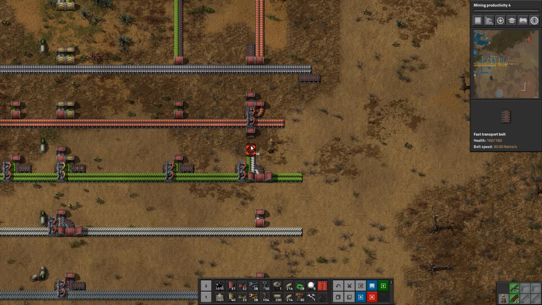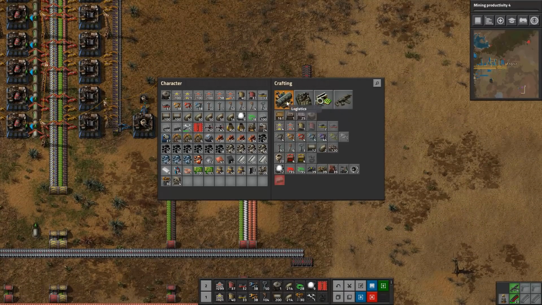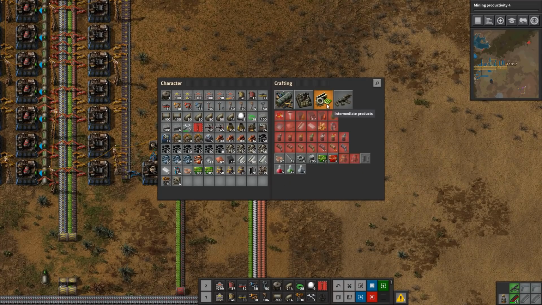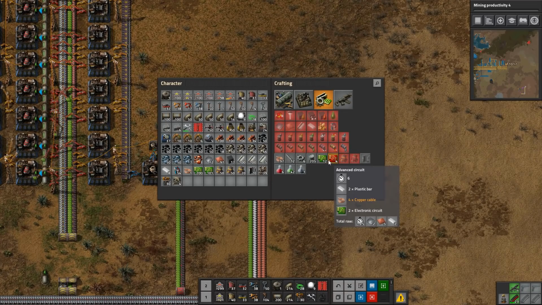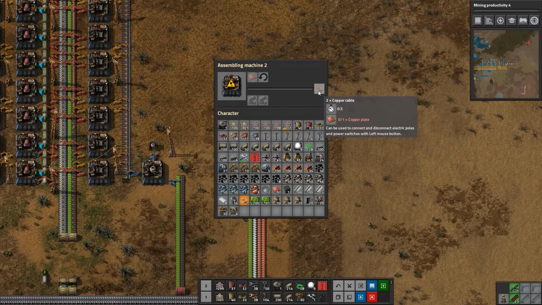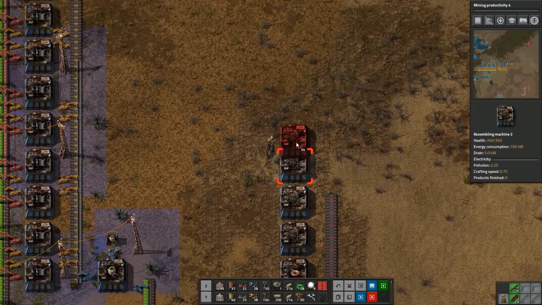Should probably do some thinking. One red belt is 30, so half a red belt is 15, so 15 a second. And the red circuits need 2 each craft, and 6 crafts. We're going to 6 crafts. We need 4 copper cables every cycle, and these make 4 every cycle. Okay, so let's try 1, 2, 3, 4, 5, 6,